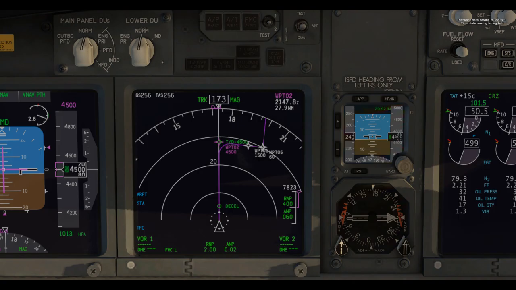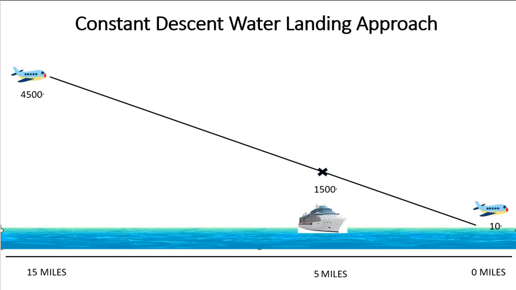In this short tutorial, we want to show flight crews how to insert 3 waypoints into the Aircraft Flight Management System, the FMS, during a ditching event. The waypoints will consist of an initial approach fix that will start at 4,500 feet. The next waypoint will be the final approach fix with a crossing altitude of 1,500 feet, and then the touchdown